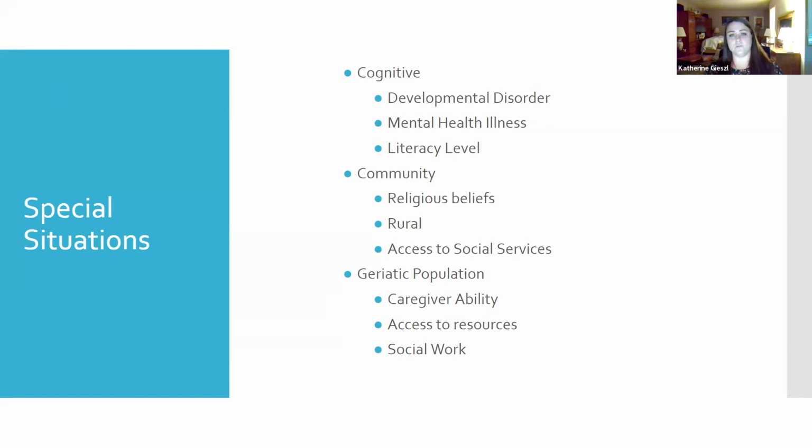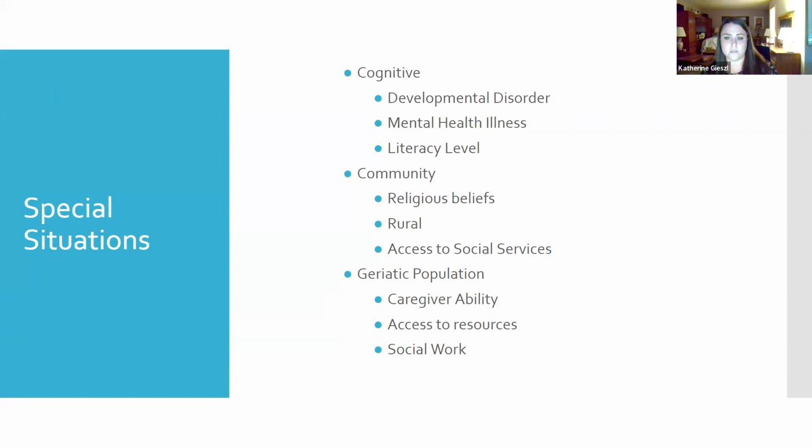Because without the right social supports and without social services, that's ultimately what would end up happening. And then they would be discharged without a plan, end up sick and back in intensive inpatient care. So again, that would be, do they have a caregiver? What is the caregiver's ability to care for them? Can they fill out the forms? Do they know how to distribute medication? Are they able to drive a car to take this elderly